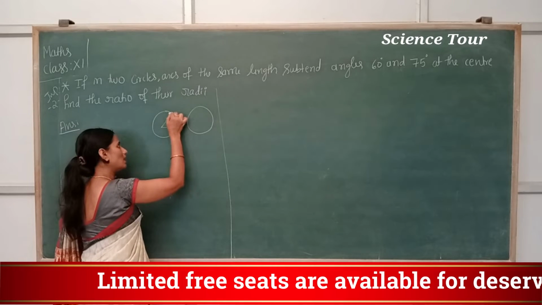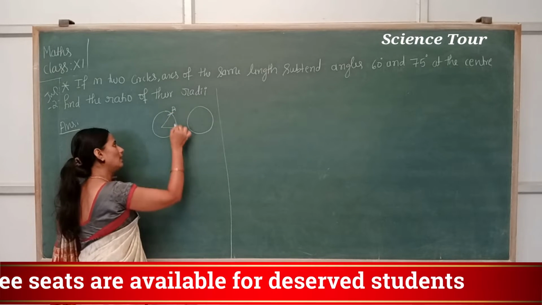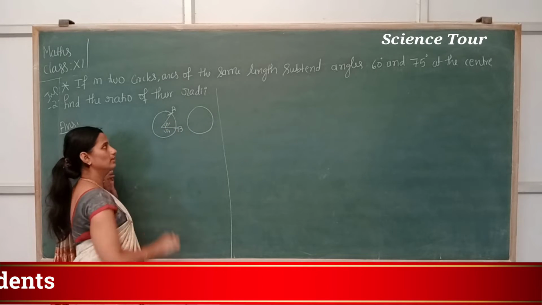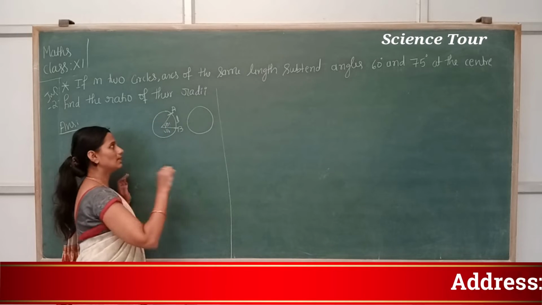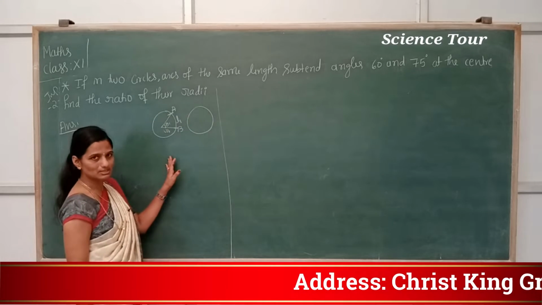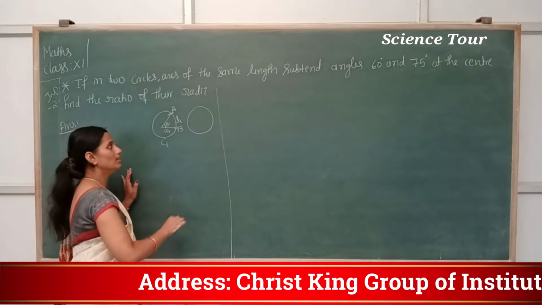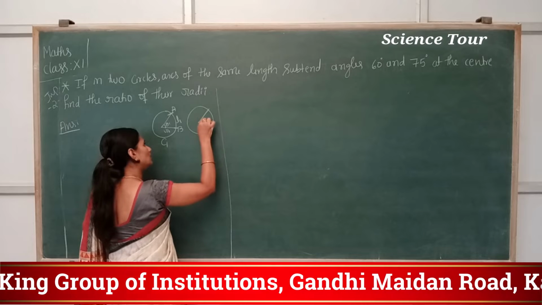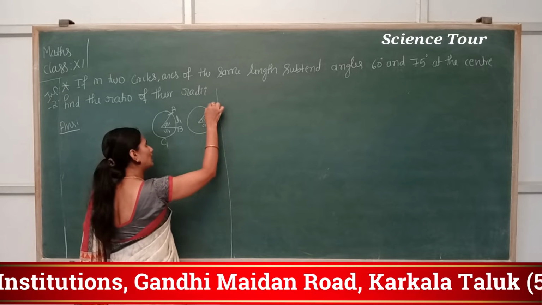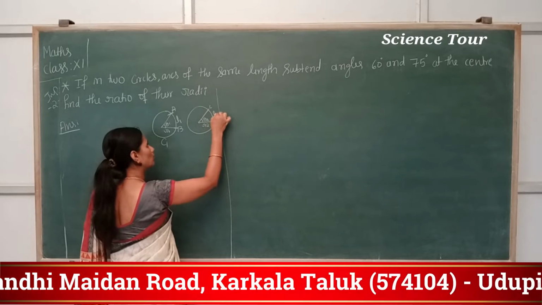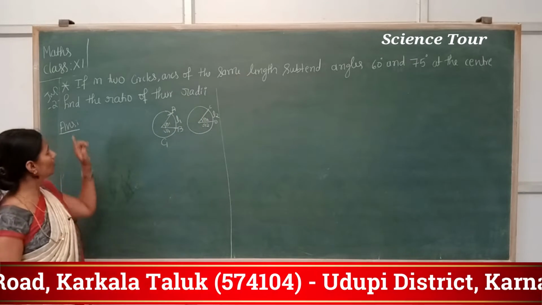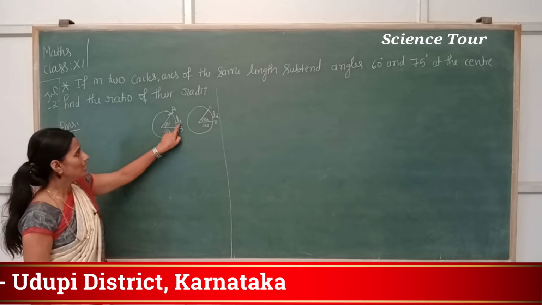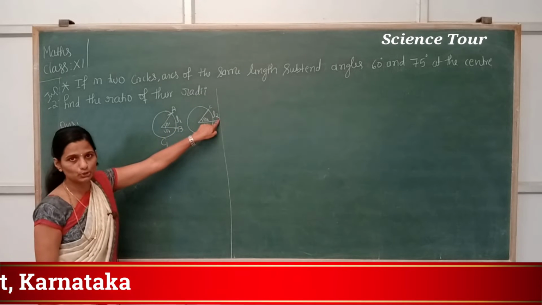So this is R, A and B, and this is theta 1 and this is your R1, and length of arc is L or L1, that is for first circle. This is for C1. And second circle is radius R2 and this theta is theta 2 and this is CD, that is equal to L2. And what is given here? In two circles, arcs of the same length, that means L1 is equal to L2, that is given.